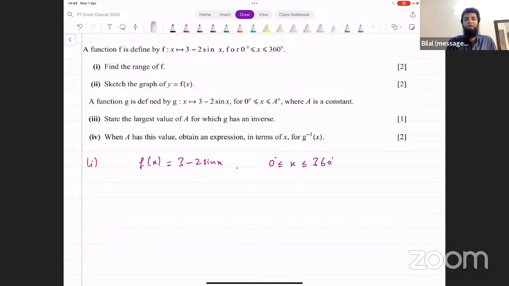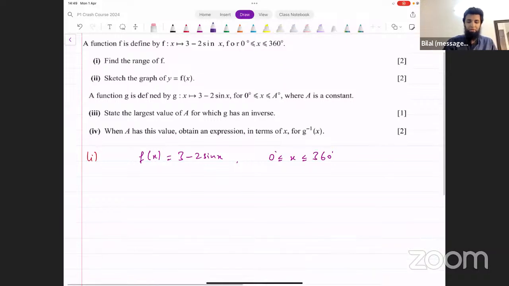Now, what would be a direct way of doing this without sketching the graph? This is how you would think about it. Range of f means values of y. What's the maximum value of this function? What's the smallest value of this function? That is what we want to look for. Now, the function is 3 minus 2 sine x, and the domain of the function is from 0 to 360. The function is